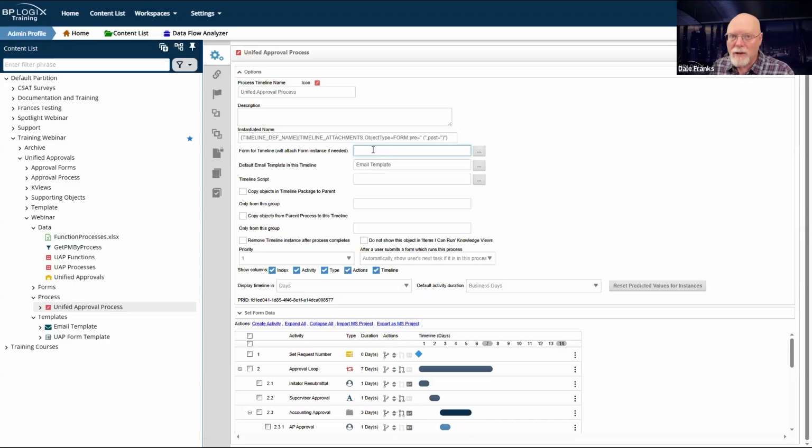So in the context of that timeline, I will have access to all of the form fields and everything via system variable, because remember, I am going to be using multiple forms and I don't know what form is going to kick this off, so any sort of form references I do are going to have to be done through business value. Indeed, our business rule here, get PM by process, which pulls the process manager for each process, all works off system variables too. And to pull that value back, I have to call this business rule via system variable, pass a parameter to it, and then get back the desired value.